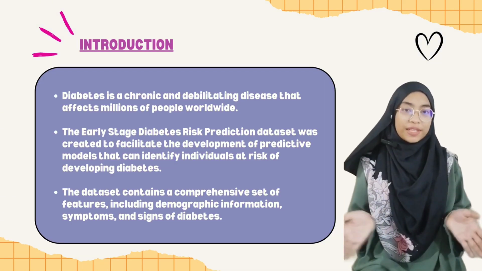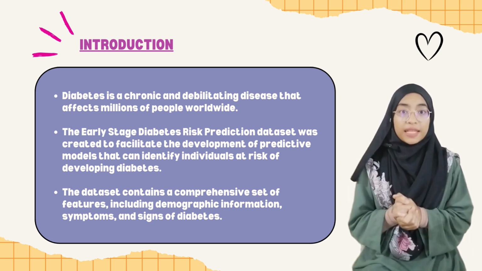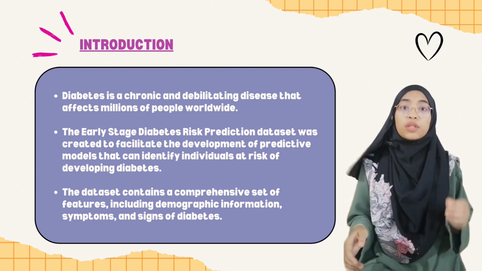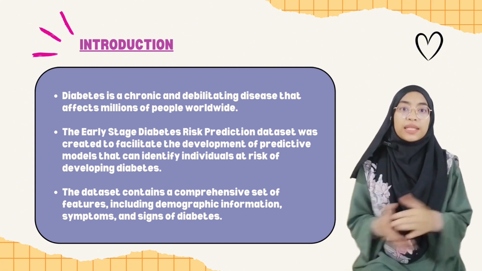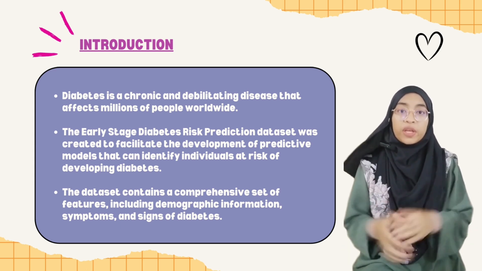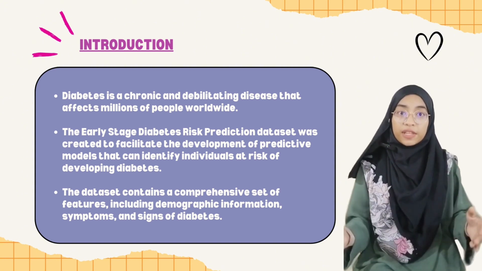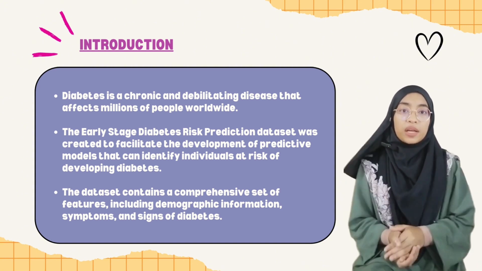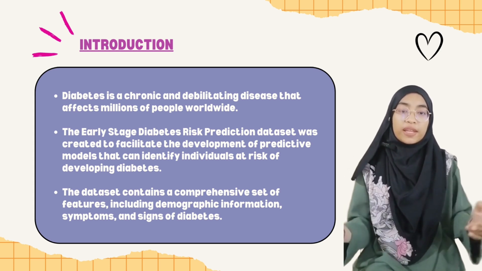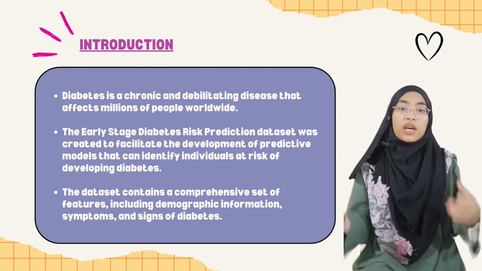For your information, diabetes is a chronic and debilitating disease that affects millions of people worldwide. According to Watson 2023, diabetes mellitus is a metabolic disease that causes high blood sugar. Your body either doesn't make enough insulin or can't effectively use the insulin it makes. Early diagnosis and prevention of diabetes are crucial to prevent complications and improve the quality of life for individuals with